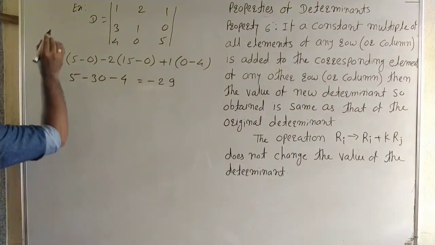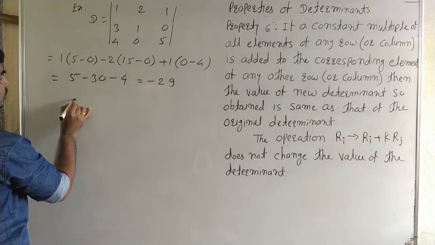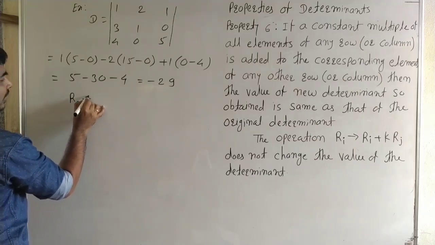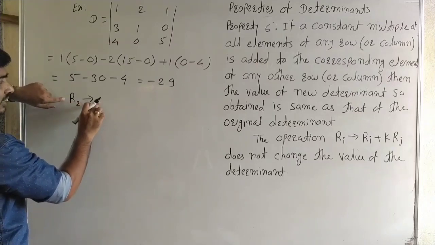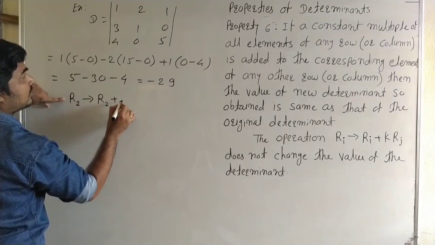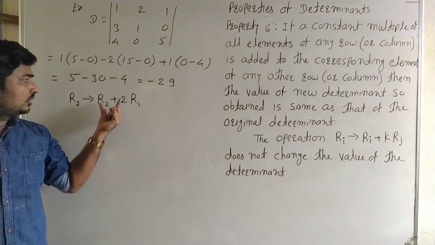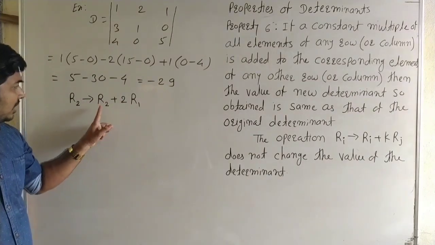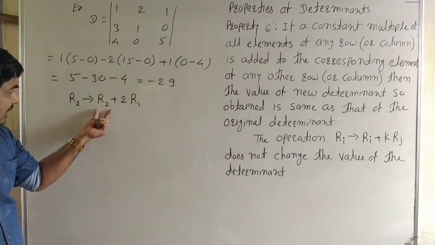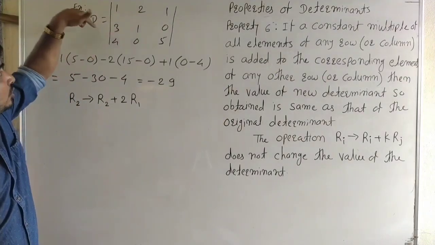Okay, see carefully, here we can perform the transformation. We can change row 2. Here we change row 2, it is row 2 plus 2 into row 1. See carefully, here we perform the transformation, an operation on the row, R2 plus 2 into R1. The row which we want to change, we write first. What are we changing? R2. Here R2, it is row 1, row 2 and row 3.